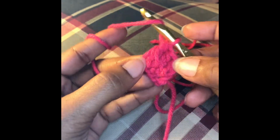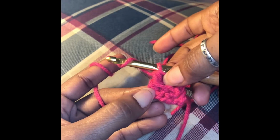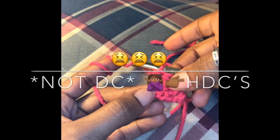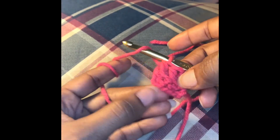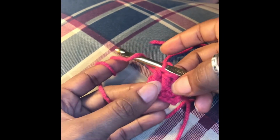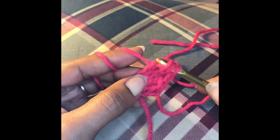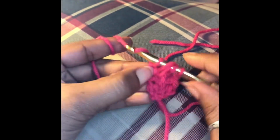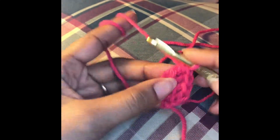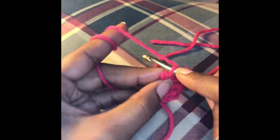So now you can see, let me turn upright. You have 2 rows of 3 double crochets and a foundation chain that is forming. Yarn over, pull up a loop, yarn over, pull through 1, yarn over, pull through 3, yarn over, pull through 3, yarn over into the middle, yarn over,